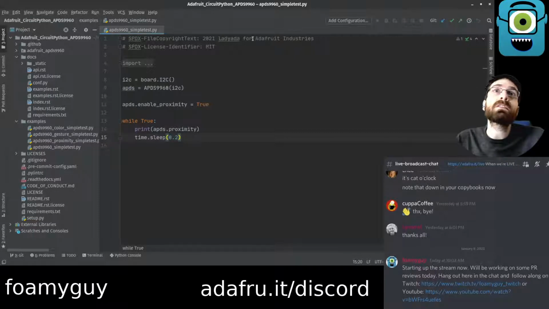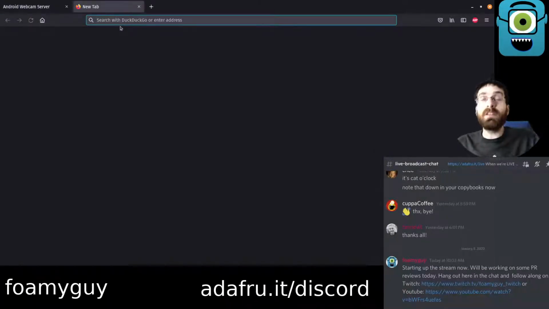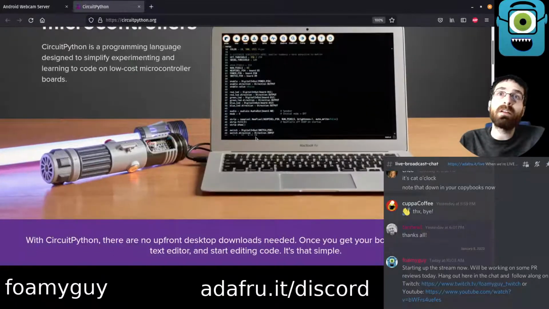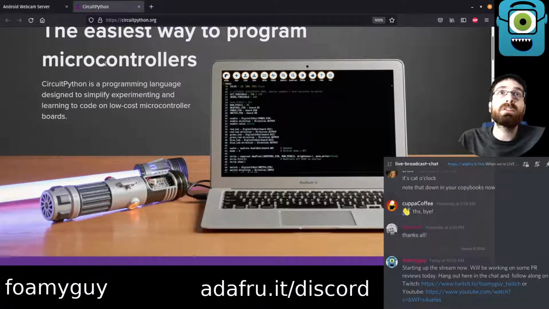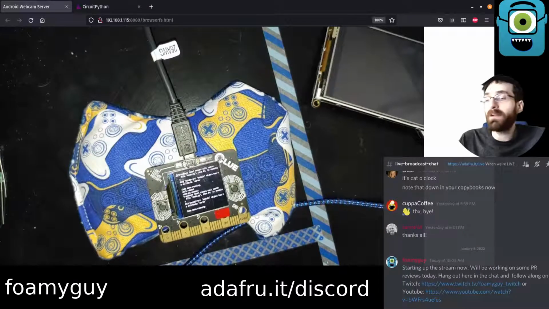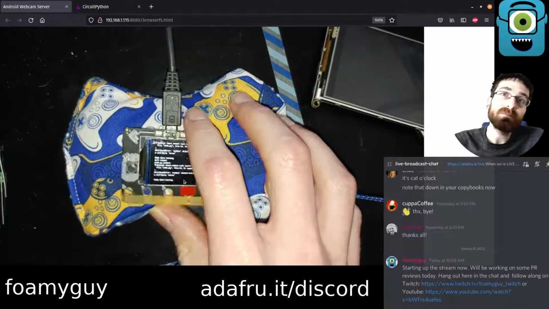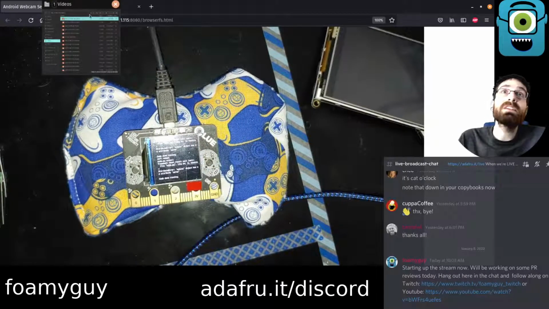Specifically today, I'm taking a look at some PRs to review. But if you don't know what any of that is or what I'm talking about, this is a good place to start, circuitpython.org. Basically, this is a version of Python that runs on these tiny computers called microcontrollers. I have one right here, which is an Adafruit CLUE device. This is basically a tiny computer. It shows up on my big computer